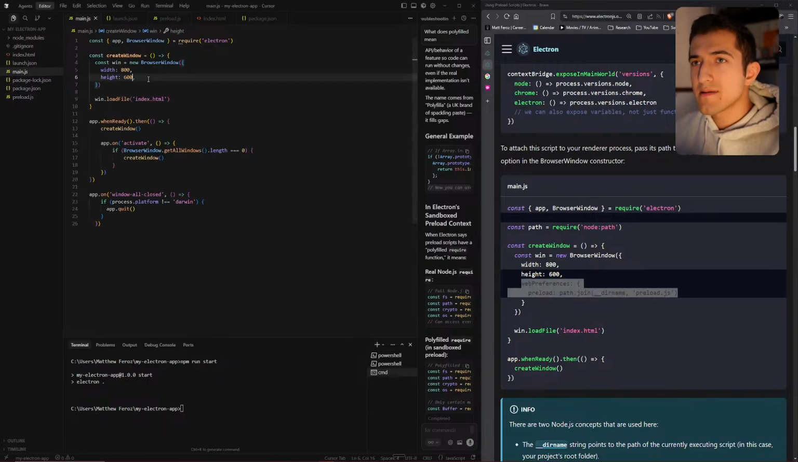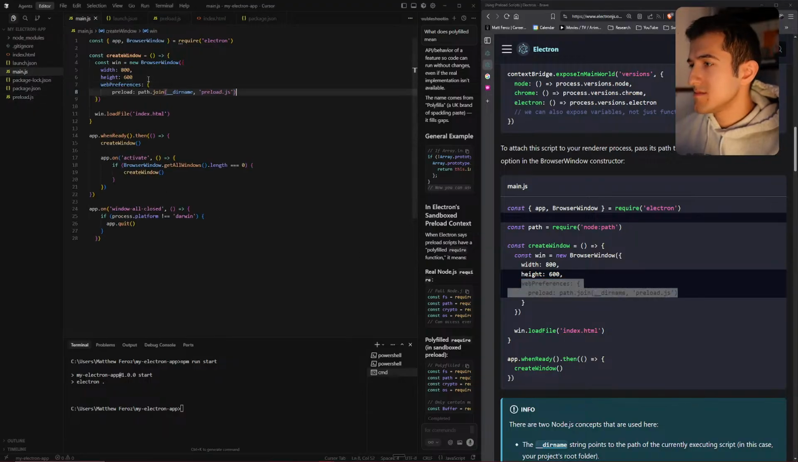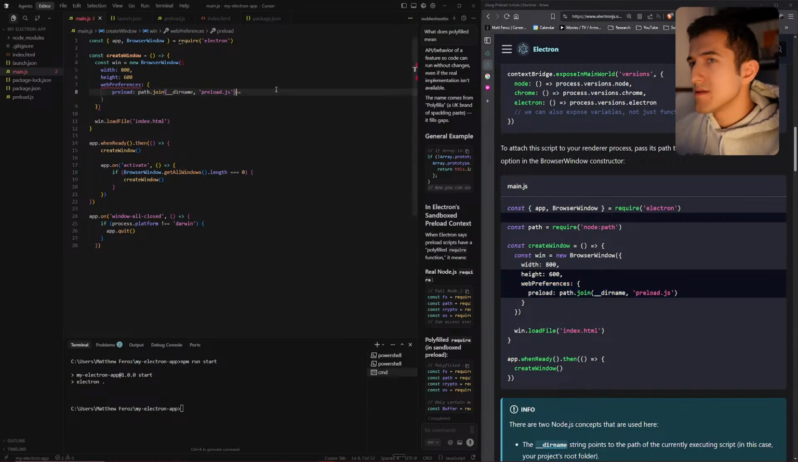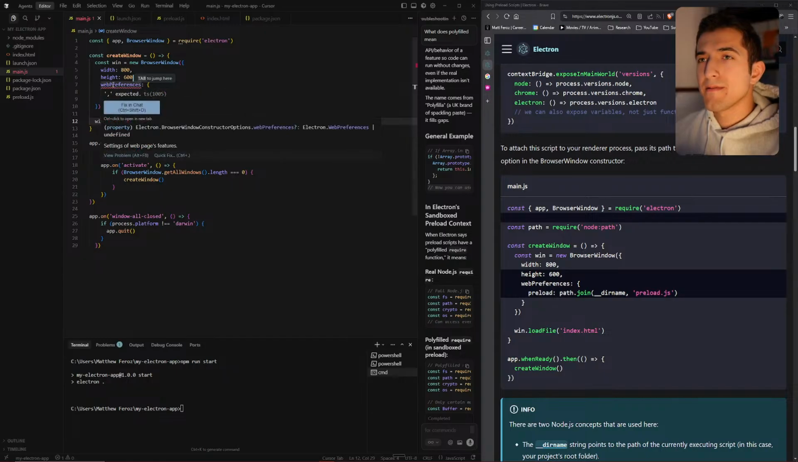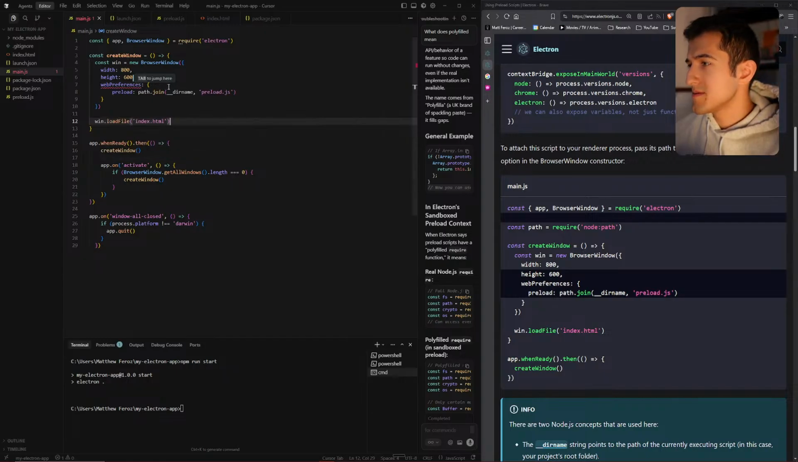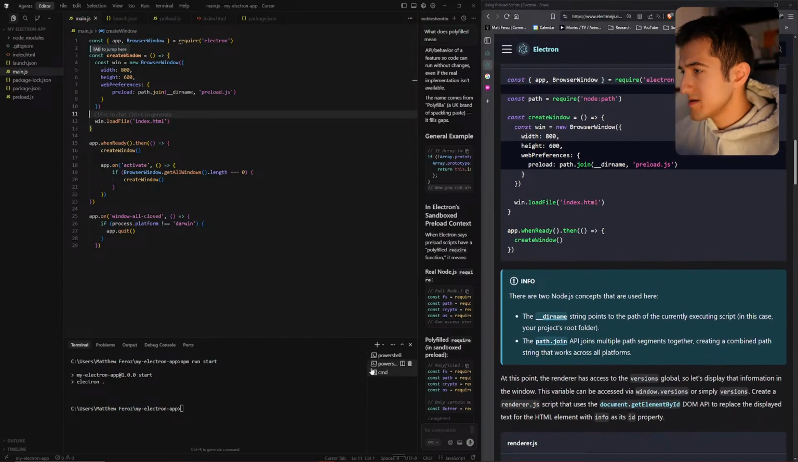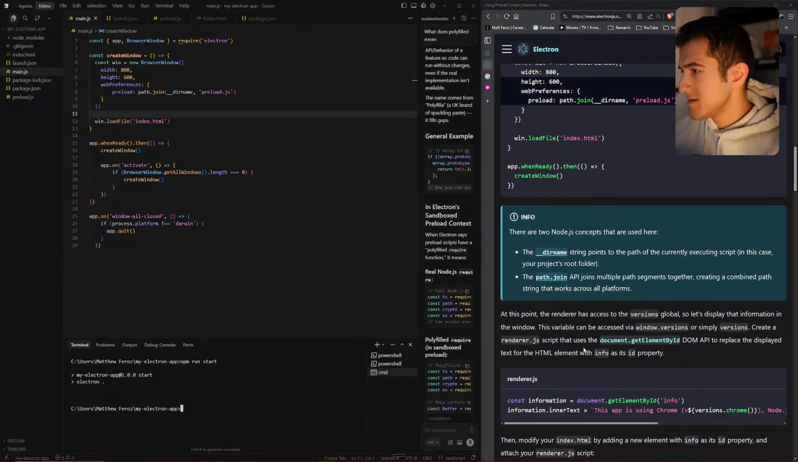Go back to here, here, here. And I've got to add one of these there. WebPreferences here. Okay, so now if I do npm run start, I should see. Oh, I need to. At this point,